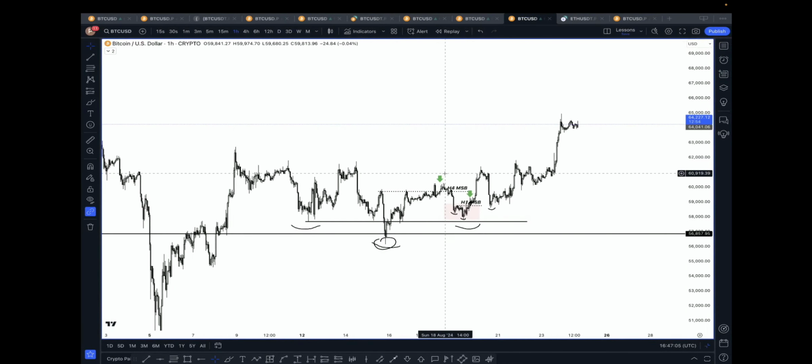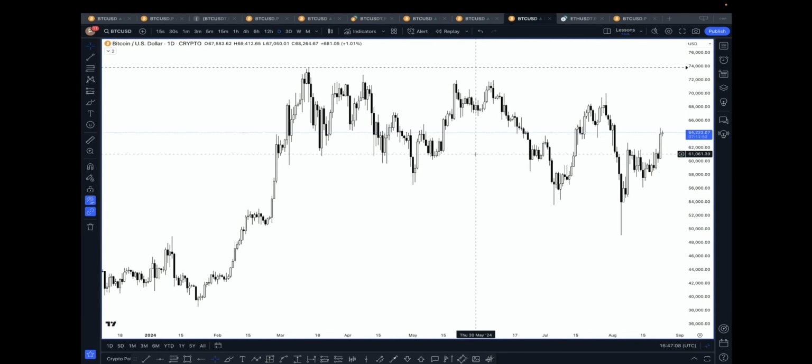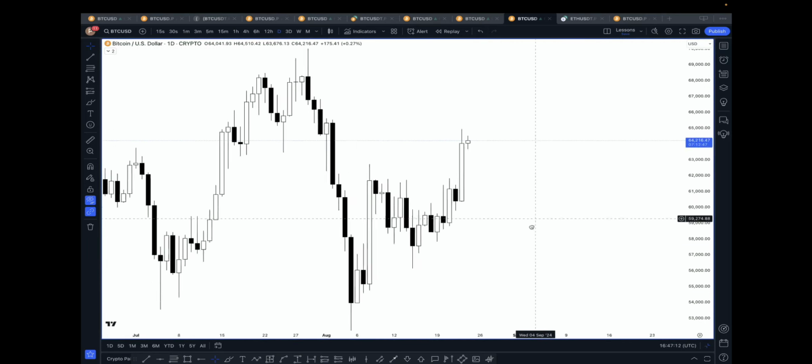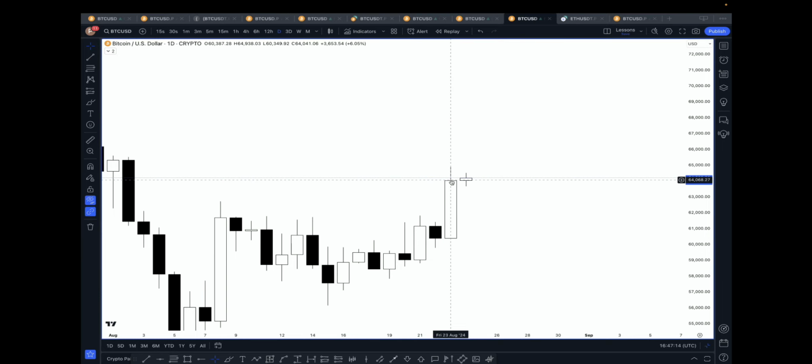When you see a candle close, I'll just use an example here before I go on to the main one. Let's just say, for example, this, right? Just look at today. Whenever this candle closed, a lot of people would be like, let's go, let's get long, right? And the very next day, you know the next day is unlikely to not have a lower wick. And so even though you bought on the close, you could have got an entry lower. Now, it's not always about trying to get the perfect entry lower. It's about actually waiting for a confirmation,